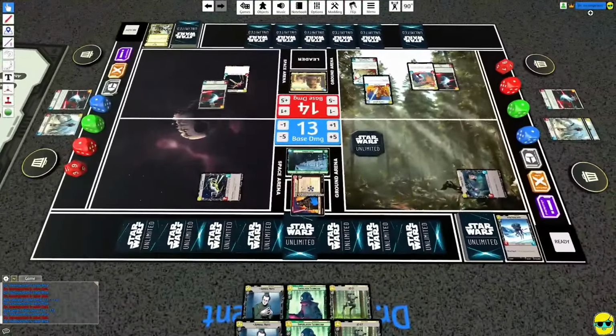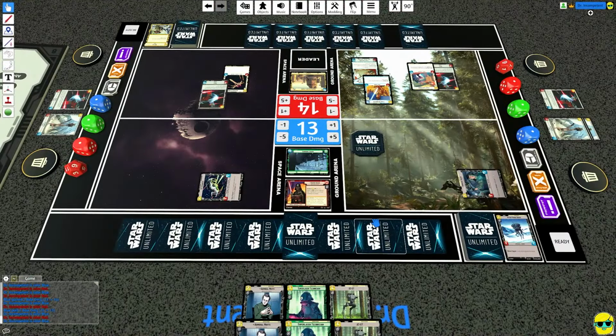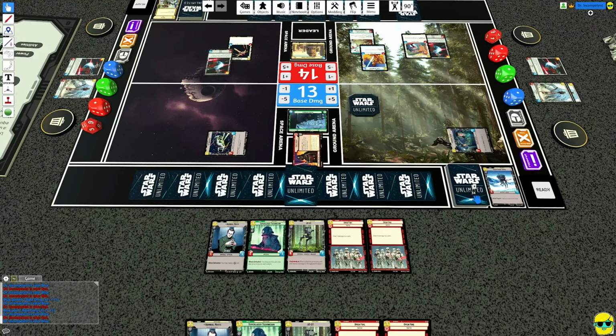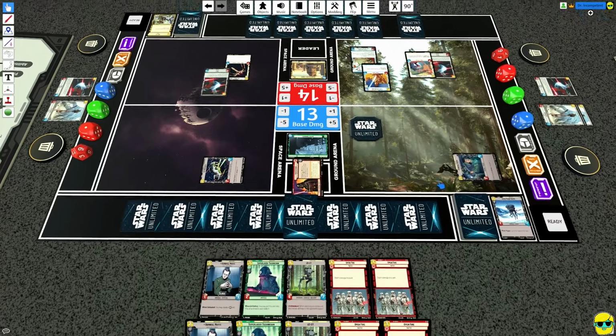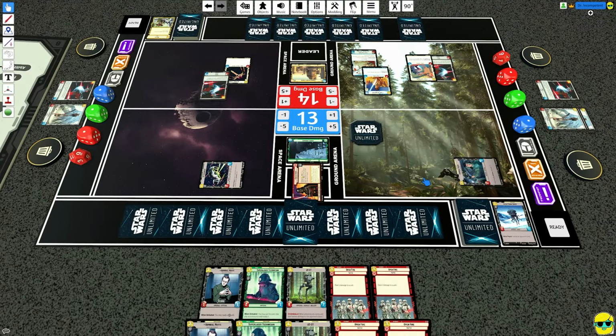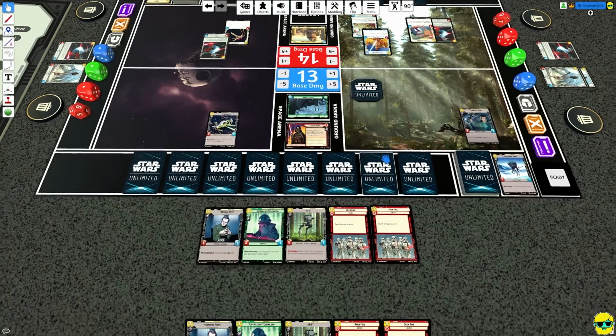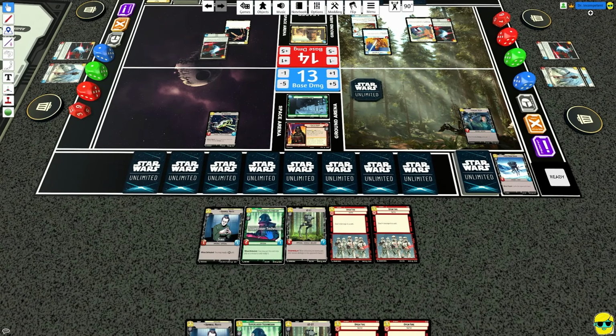And Vader is like, well, no, that stays exhausted. We'll draw 2. Okay. Aha! Nice! Now we're going to have some fun. And then we ready everything. And Vader is like, that was diabolical. I'm going to put the Super Laser Tech down as a resource because...